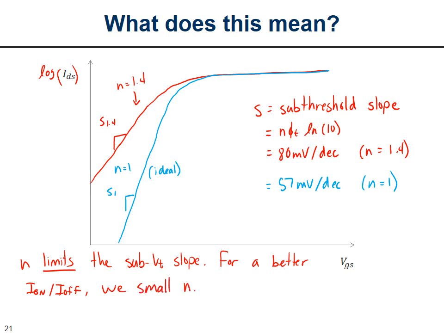For example, when we want the switch to turn off, we want very little current flowing through that transistor. When we want it on, we want lots of current flowing through that transistor. So a steeper subthreshold slope will be better. Okay. The other thing I want to mention is note